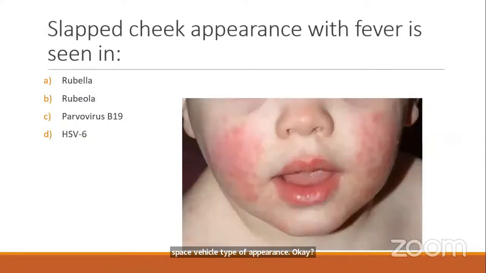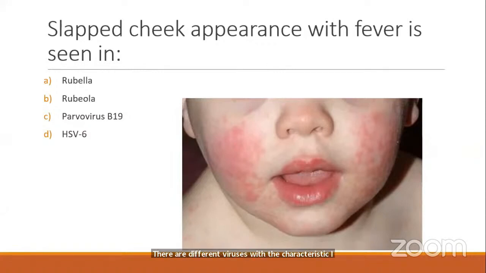So what about this slap cheek appearance with fever? Which viral infection will be responsible for this? Yes, it is the parvoviral infection, parvovirus B19. Always remember there are different viruses with characteristic